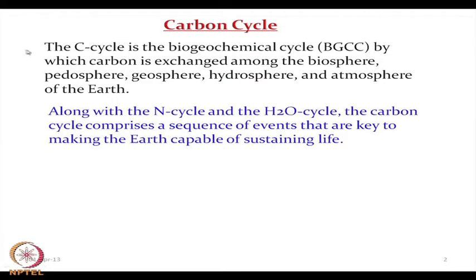So, in the next case we will see that, like our carbon cycle, we can have the corresponding nitrogen cycle and the corresponding hydrocycle. That means how the hydrosphere is formed through the accumulation of water molecules and the disappearance of water molecules from there. So, when we talk about the water cycle, we are also talking about, like our carbon cycle and nitrogen cycle, a cycle which involves two other non-metallic elements, that means hydrogen